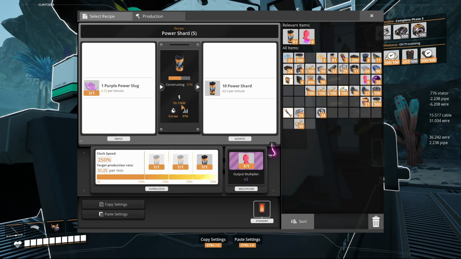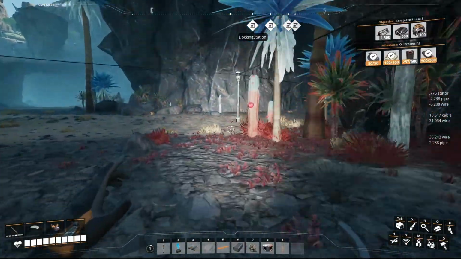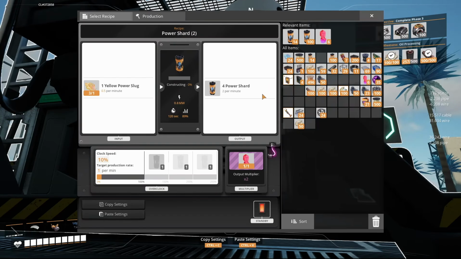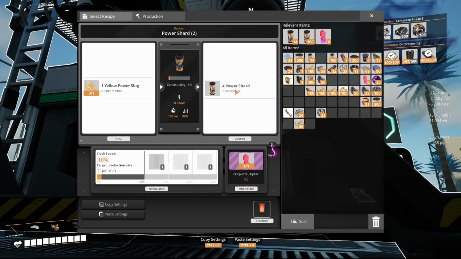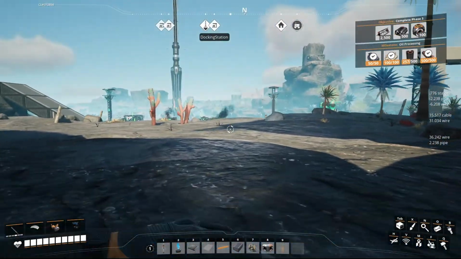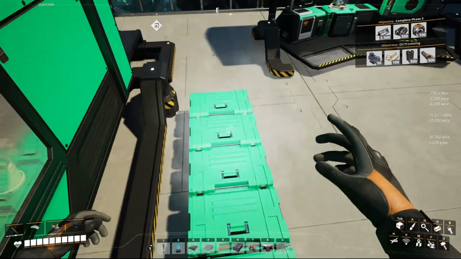It does use 53 megawatts of power for a fully overclocked constructor, and that's probably more power than we can spare. But I'm not really in a hurry. I could underclock that thing and it would offset the power consumption. So if we then set this to do the yellow power shards at 10% speed, it'll take 2 minutes. We're still getting 2 shards a minute. And it's using less than a megawatt of power. Oh my goodness. That's nuts. All right, let's go ahead and gather up the parts and send off the milestone for oil processing